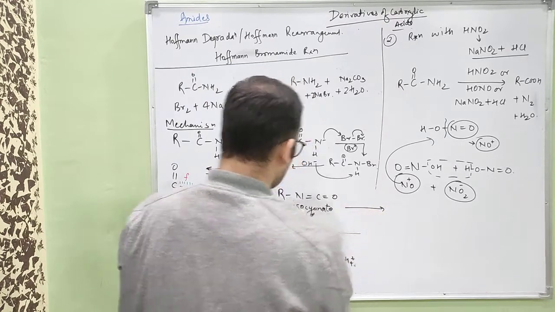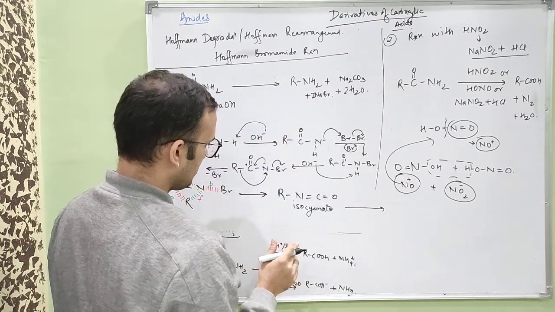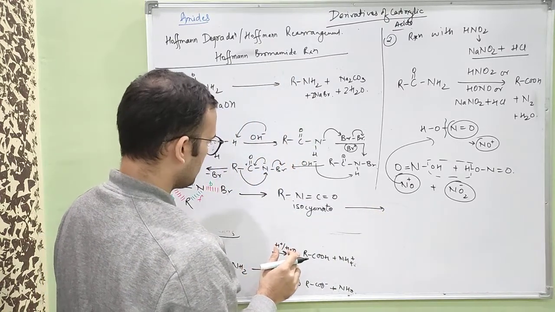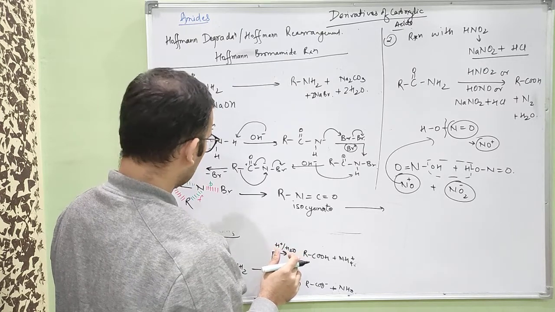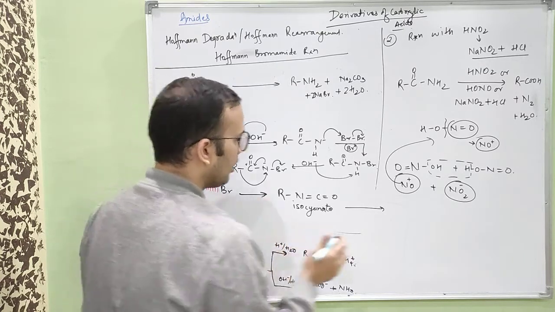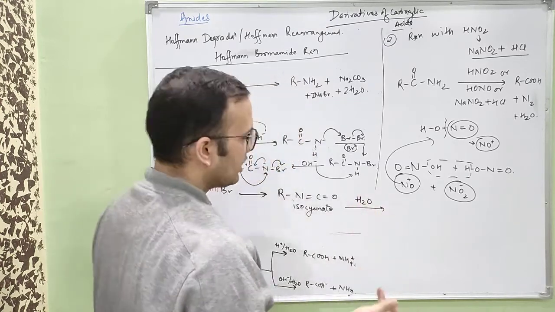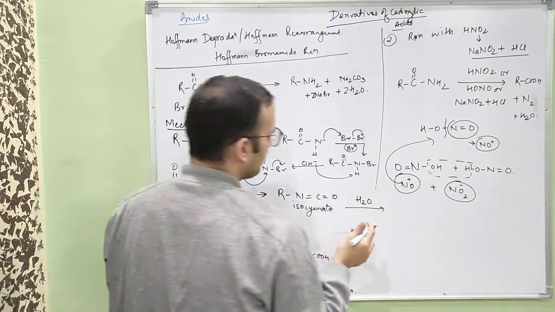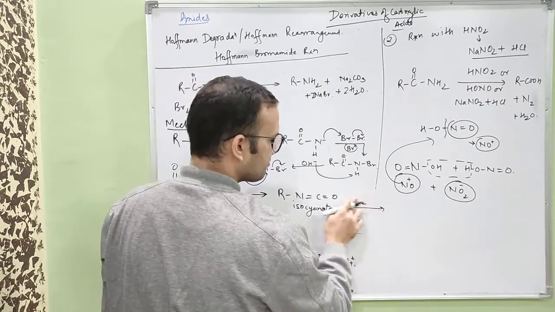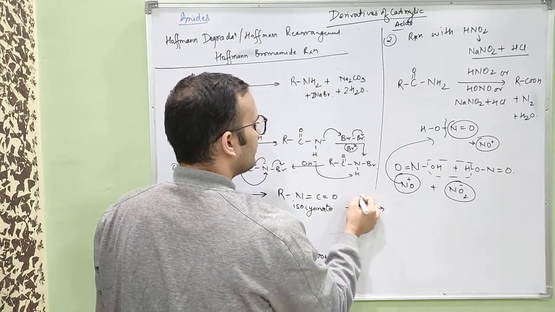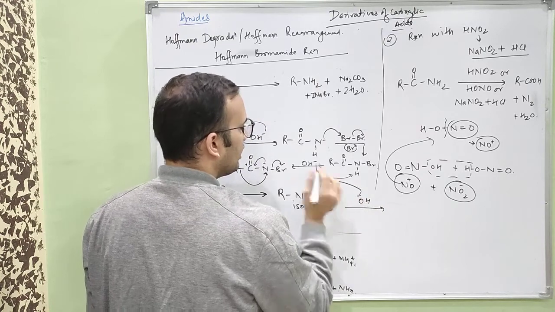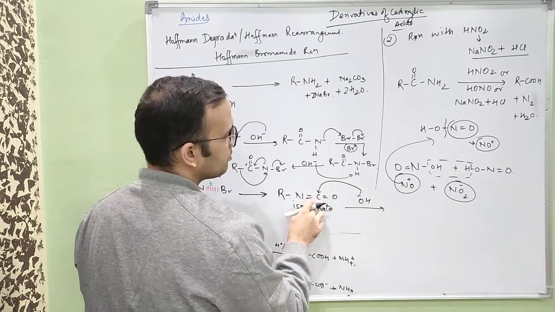Okay, RCONH and Cu isocyanate. Just a minute. Now if we treat it with water, even if we don't treat it with water, it doesn't matter. But again, let's keep OH minus only. If we treat it with OH minus, it will attack on this because this is the most positive center over